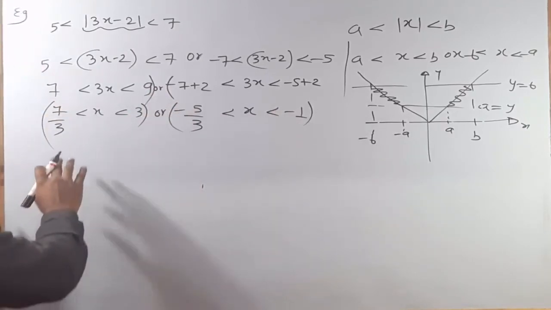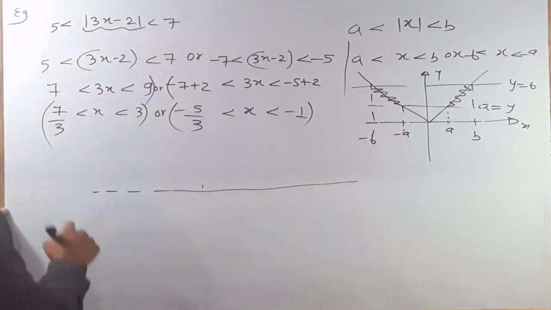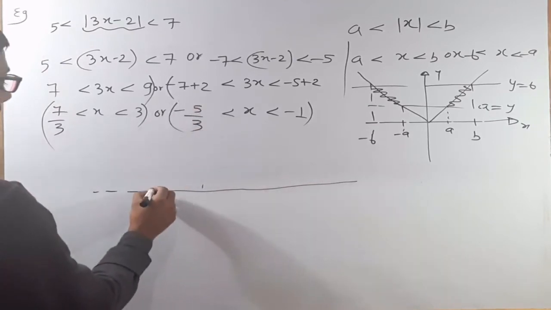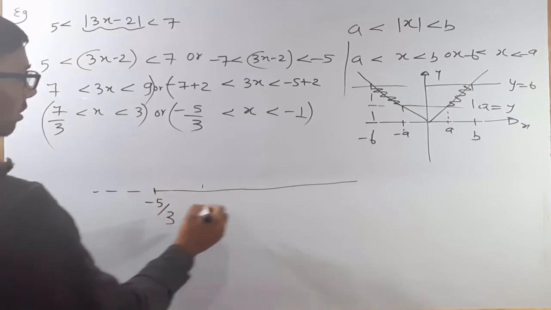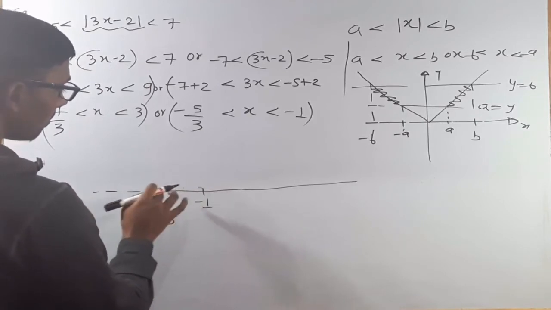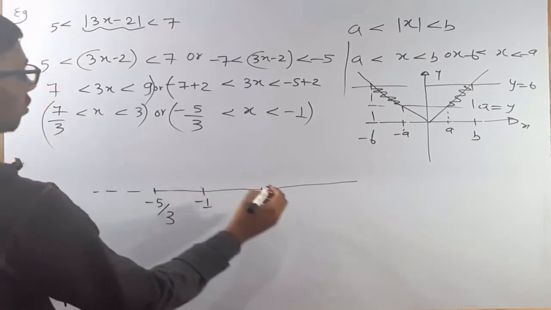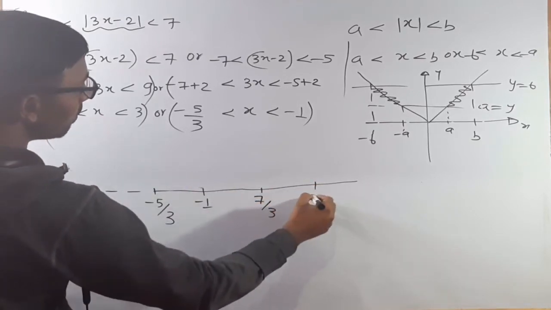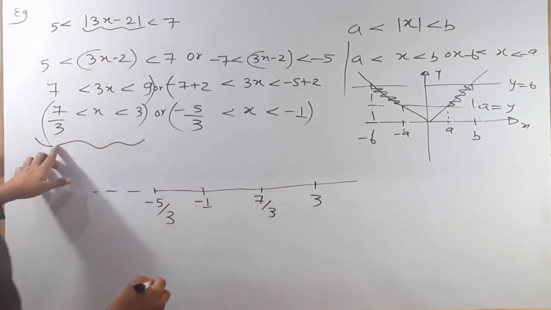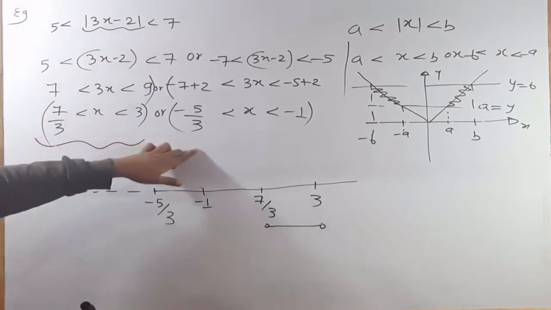Now what we'll do, we'll simply draw all these points on a number line. This is the number line. This is 3. -5 by 3 will be the least. -1 will be like this, and this is going to be 7 by 3, and 3 will be the maximum. According to this inequality, what we will do,